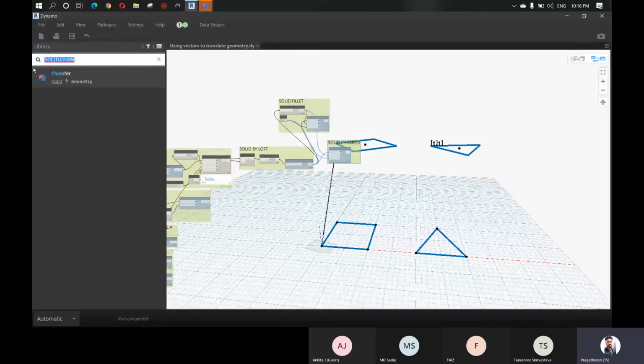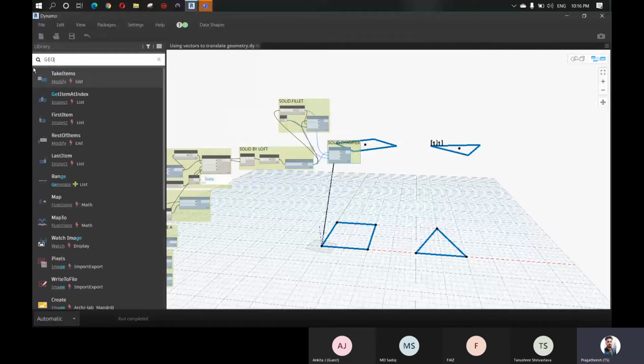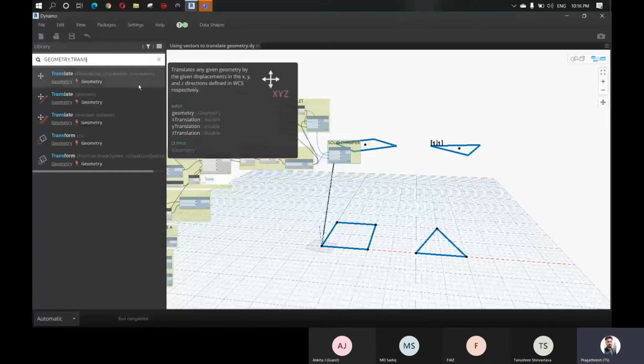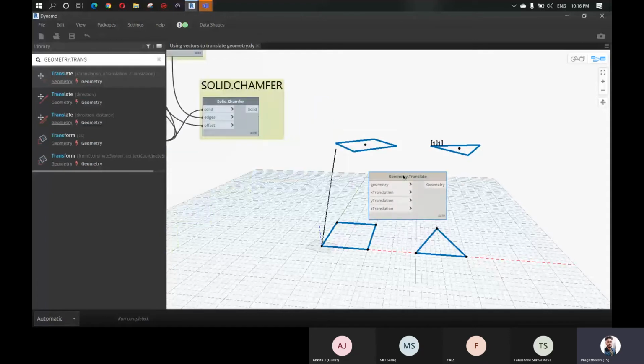Okay, so as I said, let's say that you want to intersect these two solids. First, to intersect these two solids, you have to move either one solid, right? So first we can see how to intersect solids, either to use one solid as a void and cut the volume of the other solid, or sometimes we combine them into a single solid. For that you can use Geometry.Translate, which we saw earlier, using the x, y and z.